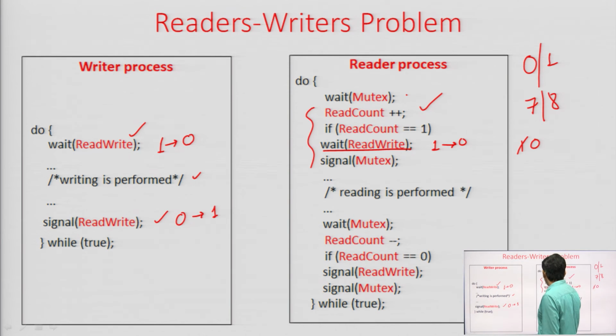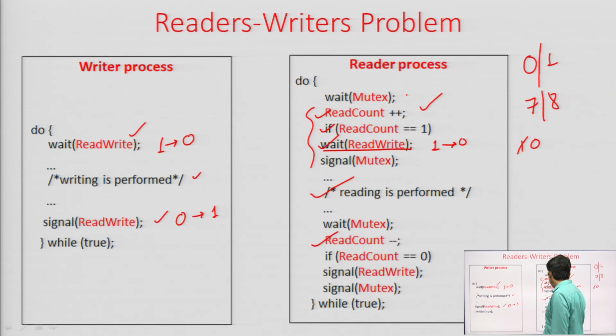So, this entire thing is taken in a mutually exclusive way, so that all these 3 statements run in a mutually exclusive way. If the preemption takes place in between, we will not have a better solution. Okay. So, reading is performed. After the reading operation, we should decrement the read count. Okay. We not only have a responsibility of decrementing the read count, but we also have a responsibility of allowing the write operations also if required.